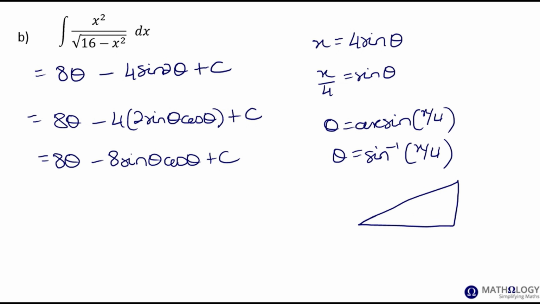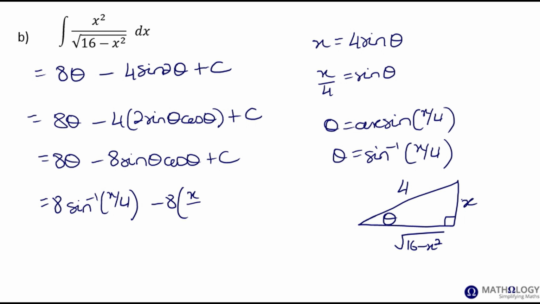And we also need to determine the value of cos theta. Sine theta is opposite over hypotenuse, so opposite is x, hypotenuse is 4. So the adjacent side will be root 16 minus x squared. So we have 8 theta, so it's 8 sine to the minus 1 x over 4 minus 8 times sine theta, which is x over 4, times cos theta. Cos is adjacent over hypotenuse, so it's root 16 minus x squared over 4, and then we have the